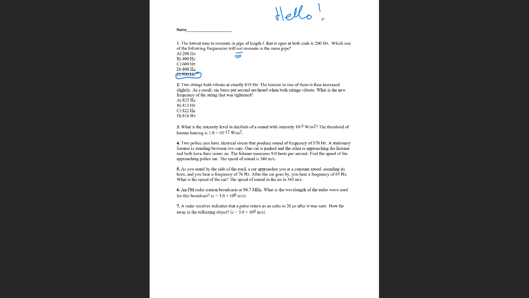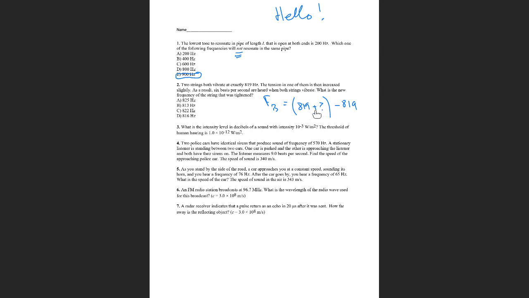All righty. Number two, 2 strings both vibrate at exactly 819 hertz. The tension in one of them is then increased slightly. As a result, 6 beats per second are heard when both strings vibrate. So what is the new frequency of the string that was tightened? So the beat frequency will be the absolute value of the difference. In this case, we have a higher frequency. So we have 819 plus question mark minus 819. Right? That's the difference of